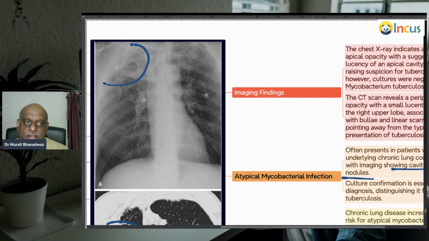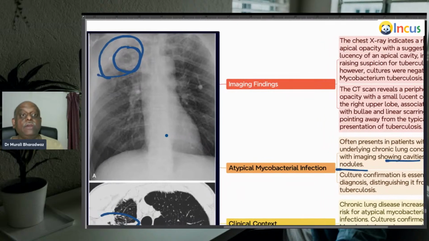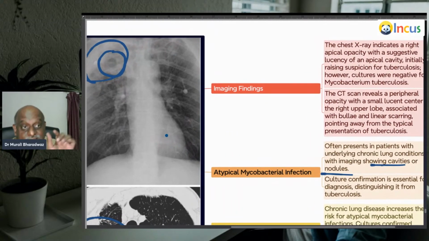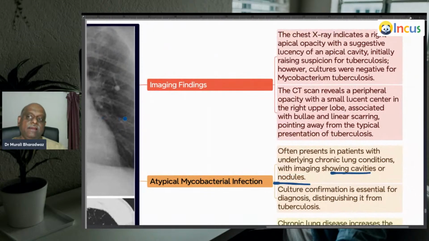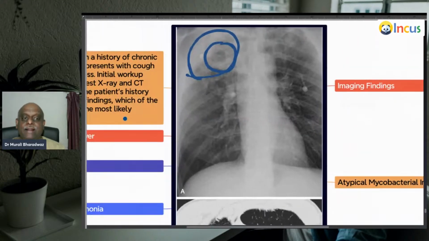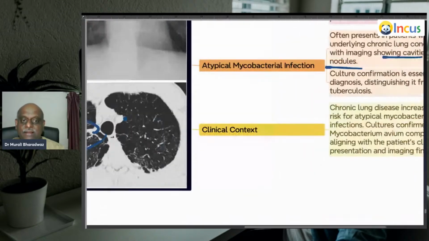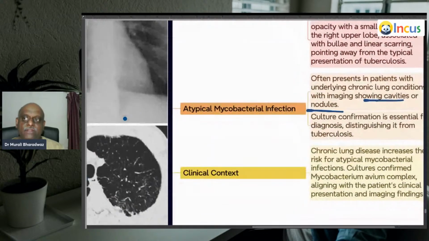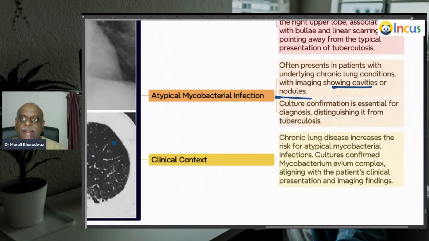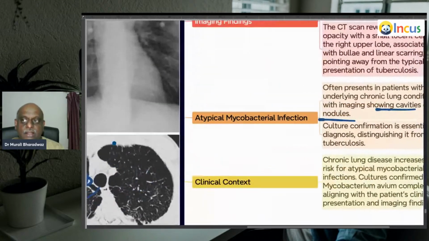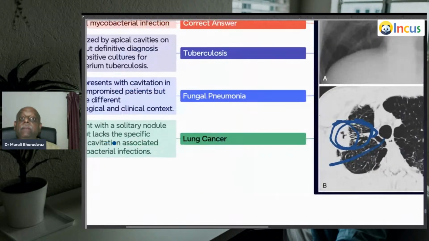So chest X-ray is showing what? Typically, apical opacity with a lucency in the apical cavity. Initially, we thought it as what? TB, but cultures are negative for Mycobacterium tuberculosis. CT has got a peripheral opacity with a small lucent center. Here you can see, and which is all typically the feature of atypical